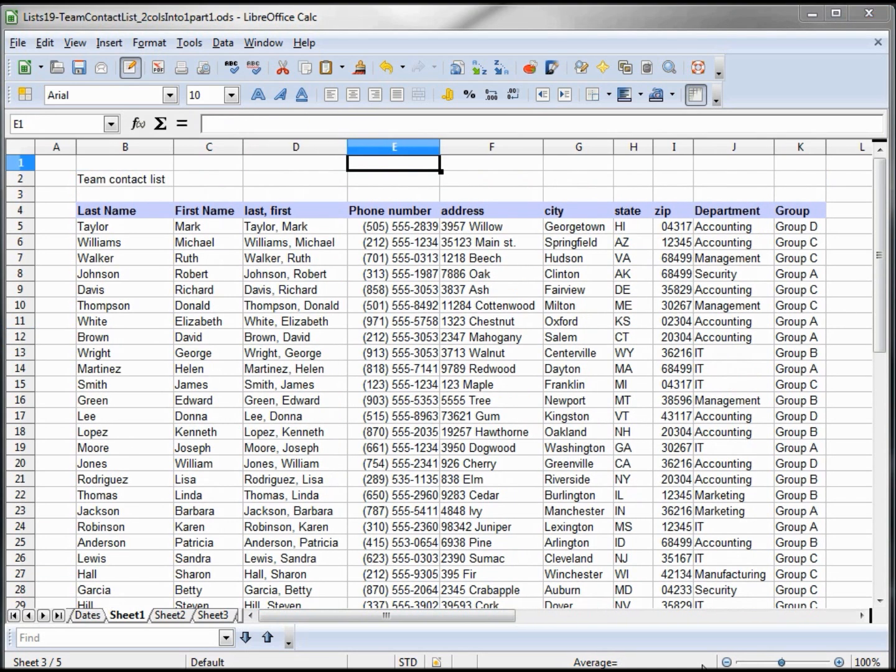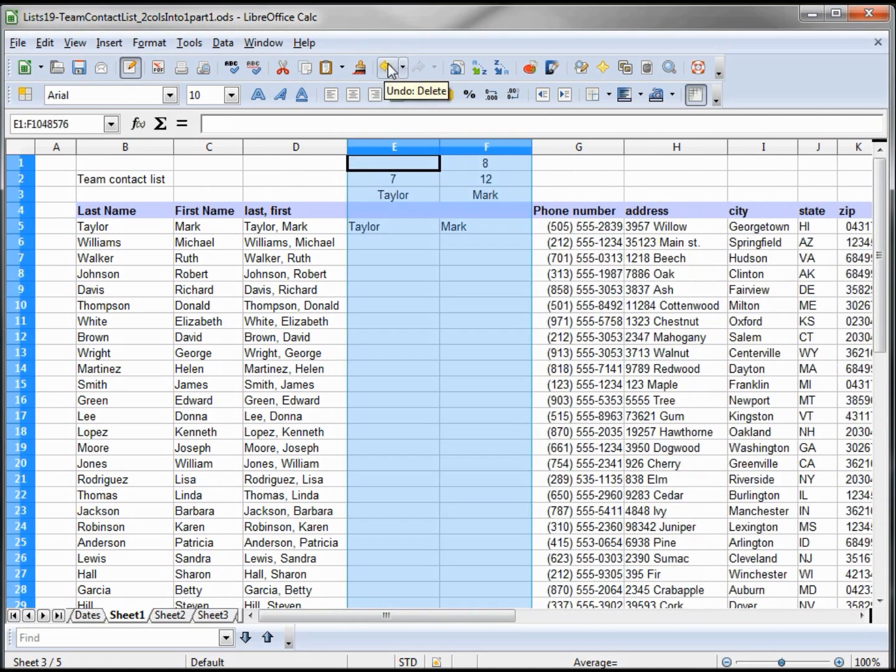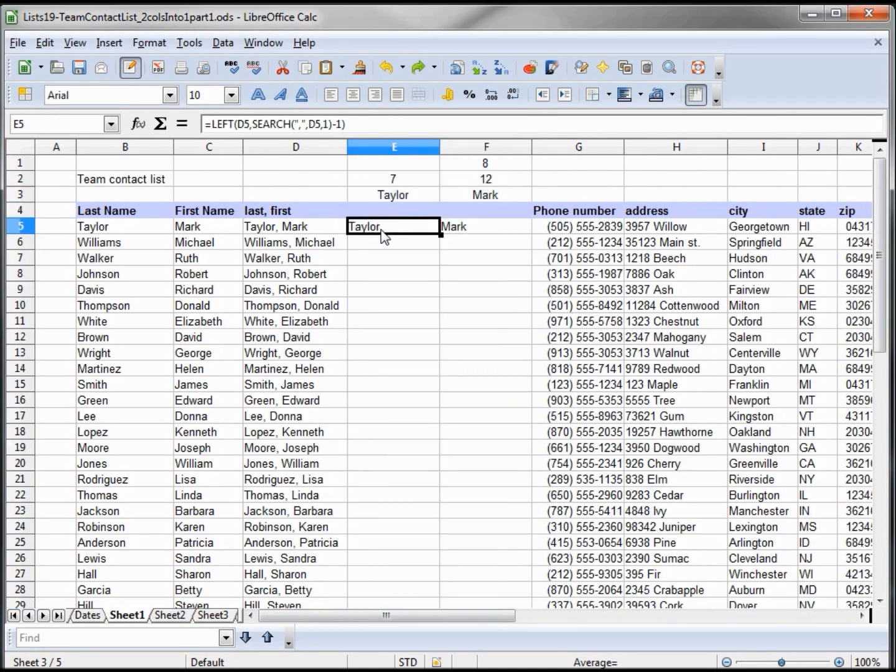To get the names from one column into two, to break them up, is going to take a little more work. We're going to need a little bit of formulas here, and you probably won't need to know this offhand. You can search the internet to find it, but I'm going to explain it to you briefly. The last name, Taylor, we can see it's LEFT(D5, SEARCH(",", D5) - 1). And we've got a 1 and a -1. What exactly is all that? That's basically two things broken up into one.